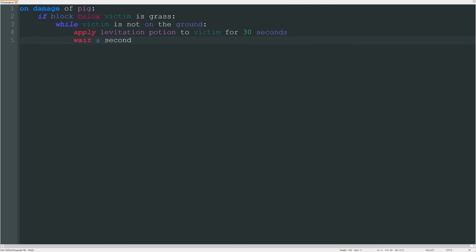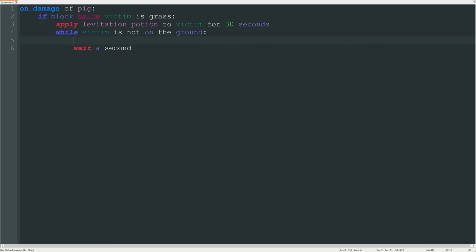This basically means it will loop infinitely, but every second we need to have a waiting period. So every second, apply levitation and then wait. But we don't want this. We want this here. And now, while the victim is not on the ground,